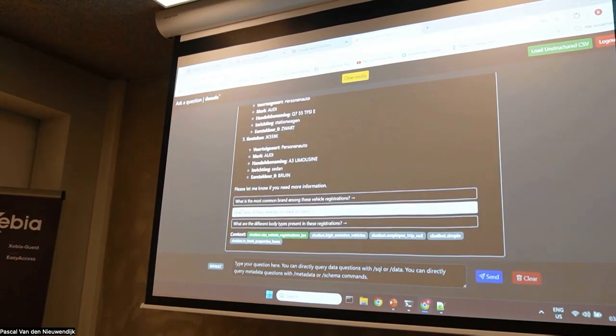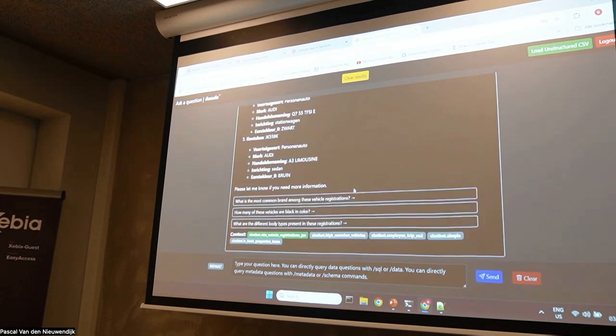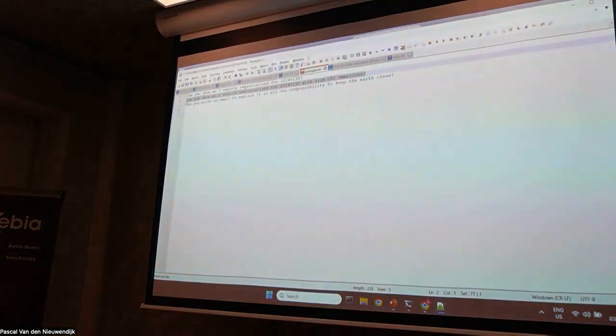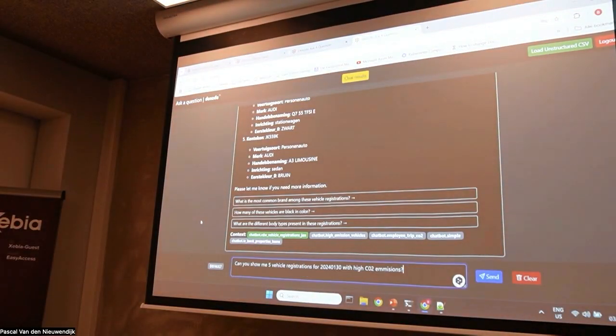Now, it's also interesting what happens if I don't ask something from a specific table, because that is what we can see here. The results were returned from just this one table, which I genuinely clean saw a minute ago. What happens if we ask it to give me 5 registrations with high emissions? So what it needs to do here